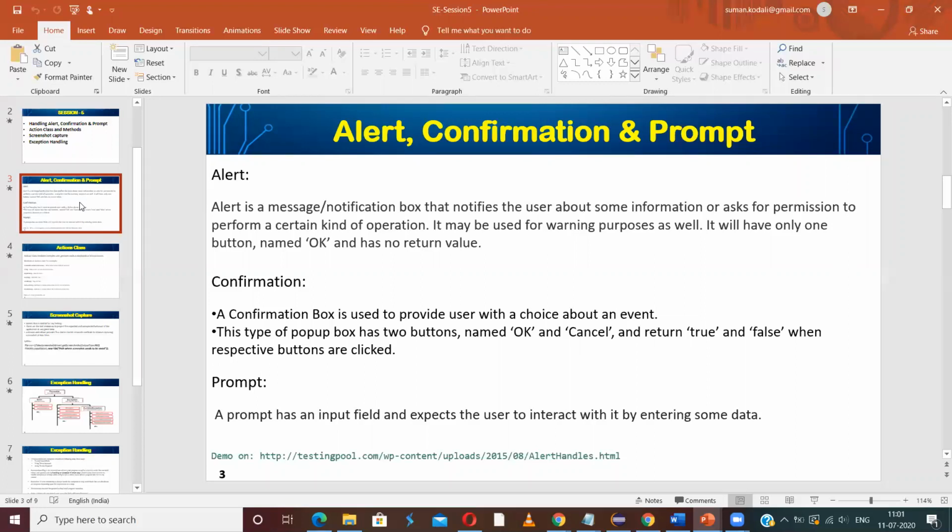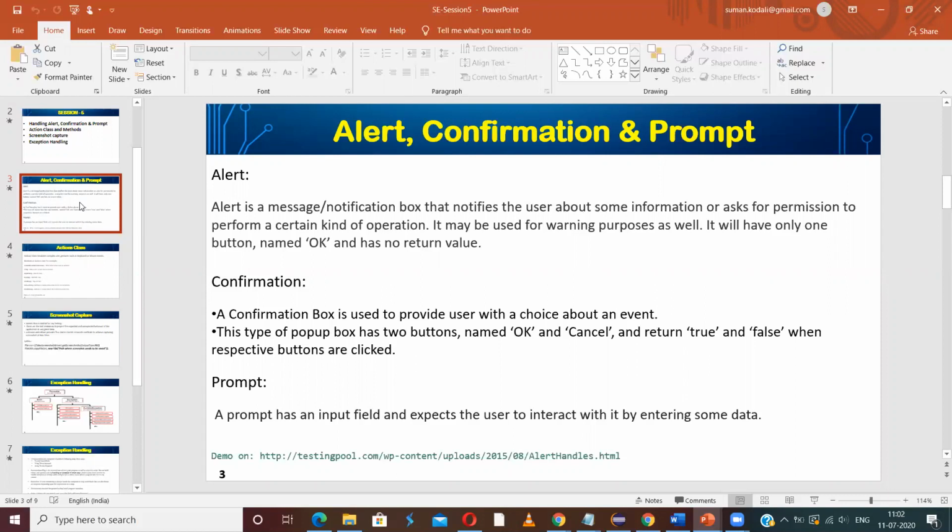Confirmation displays something with two buttons, and each of them will return a different value. And prompt not only returns a value by clicking, it also returns the text that the user is inputting in that prompt box, edit box, and that will be returned to the program.